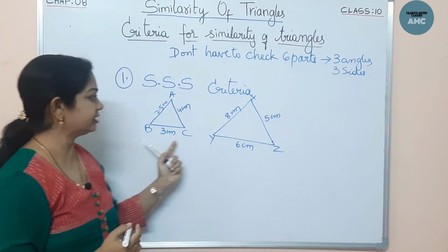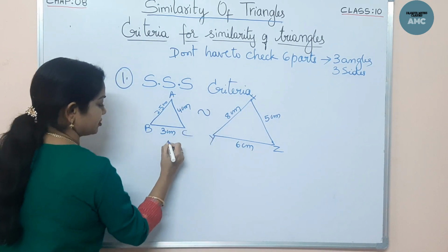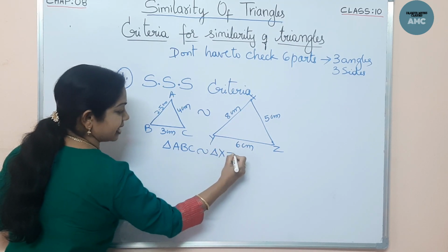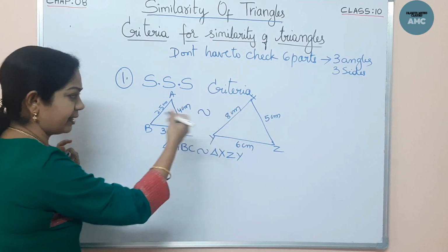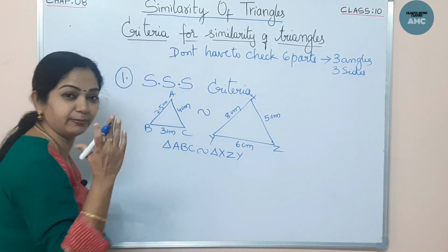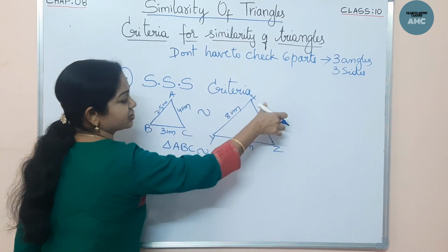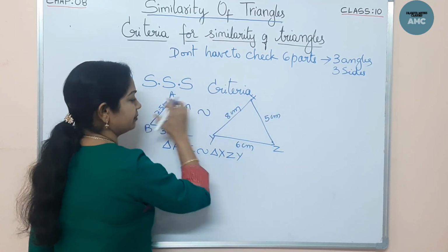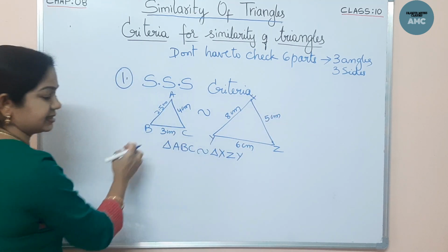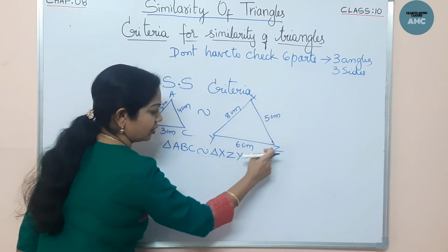Now, I'll tell that these two are similar. That means triangle ABC is similar to triangle XZY. Why am I writing the order? Why am I not writing in alphabetical order X, Y, Z? Because if you see, the order is very important as far as similarity. A, B, C. AB is 2.5, whereas the corresponding side which is in proportion is XZ. BC is 3, and the corresponding side, 6 centimeters, is YZ. So I am writing the order XZY.